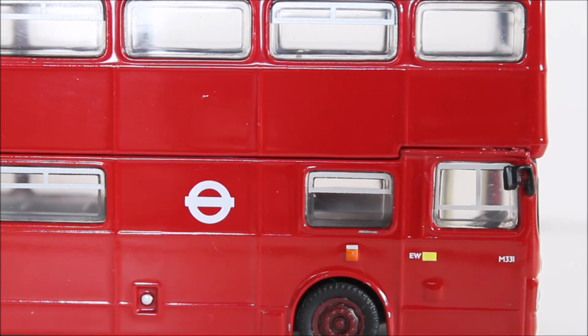Okay, so I focused in a little bit closer to these letters and numbers. Now, I'm not quite sure exactly what these letters and numbers actually mean. So if you're watching and you do know what these mean, please put it in the comment section below what they actually represent, because it would be interesting to find out for sure, and to be able to